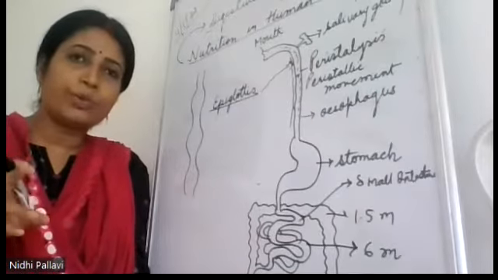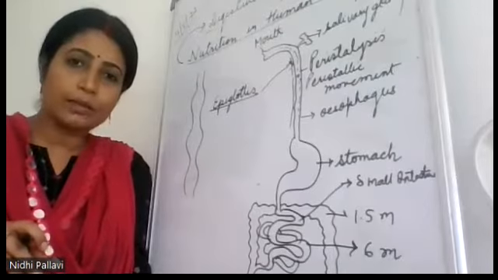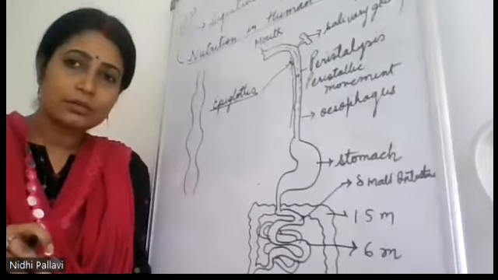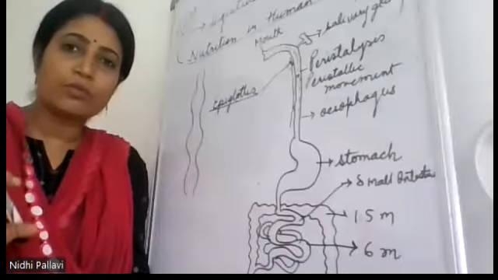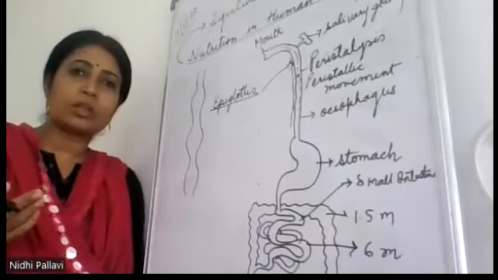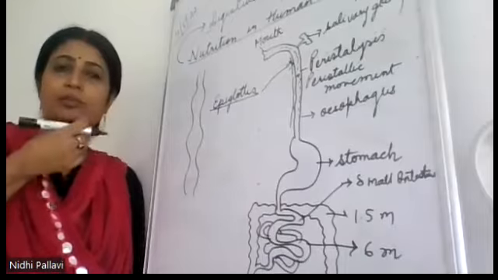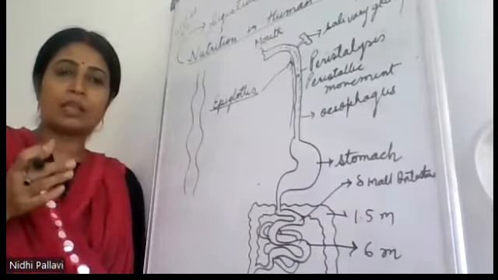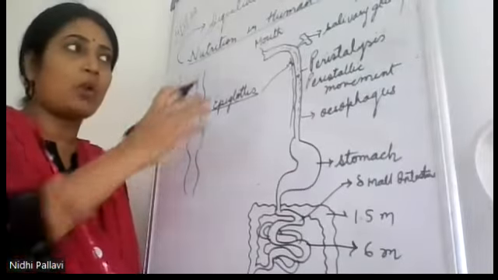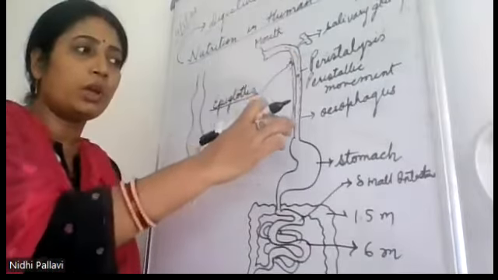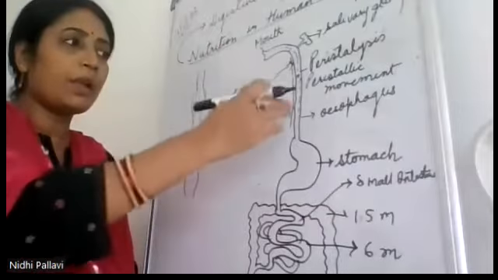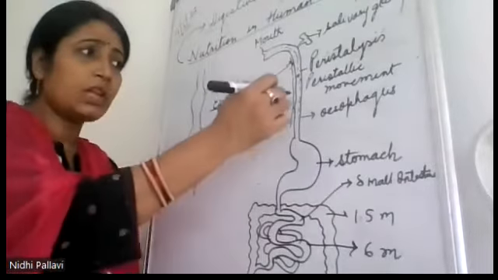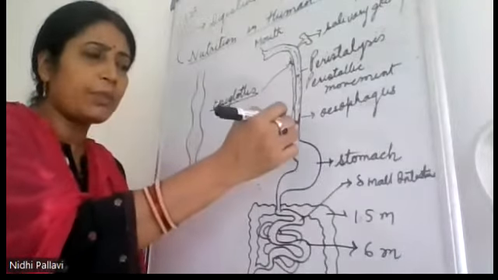It is always said, don't speak while eating. You have heard this thing, class? Don't speak while eating. Why? हम लोग सरक जाते हैं, तो सरक क्यों जाते हैं? क्योंकि थोड़ा बहुत भी अगर पार्टिकल्स विंड पाइप में चला जाता है तो खाना वहां पर जाके फंस जाएगा। Because that is the area for the passage of the air, not for the food. So here the epiglottis acts as a source of allowing only the food particles to enter into the food pipe, that is the esophagus।